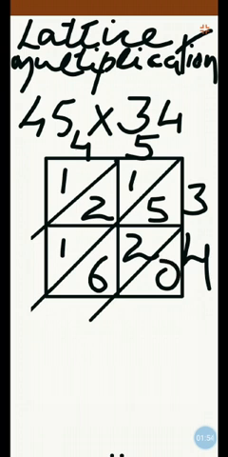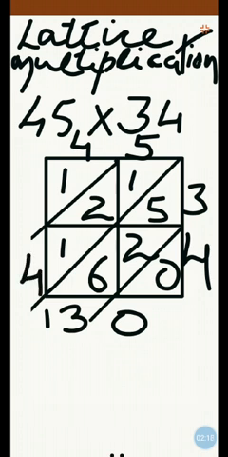Now we start adding. At the lowermost end of the box, I am having only a single 0. Then I will add the digits which I am having above it. I will add 5, 2 and 6 together. What will I get? I will get 13 and I will get 1 on the top.